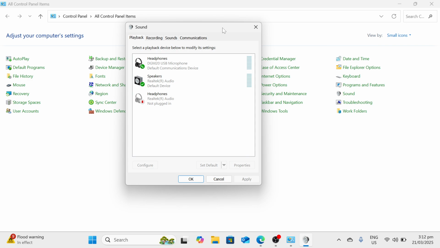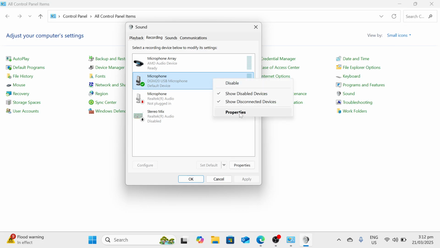Once you see green marks there, it indicates that our headphones and speakers are currently working. Here we need to proceed to the recording tab, and we need to make sure that our microphone is working. Once we see this green bar going up and down as you speak, then that indicates that your microphone is working. Or we can also check it by going to its properties,